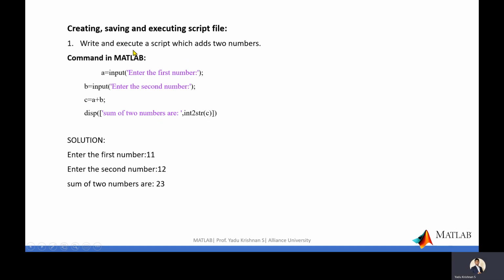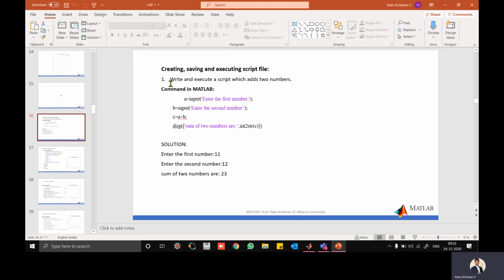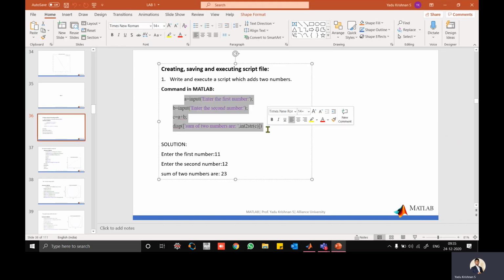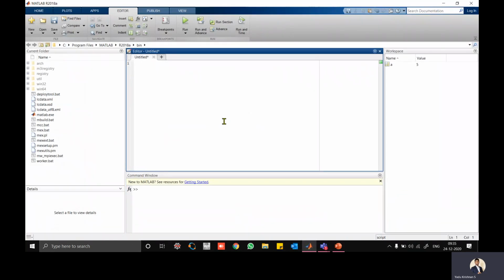Okay, so in this particular problem, like the first problem, you can say, add 2 numbers. Let's take this, I'm just going to write this program inside MATLAB, and I'll explain how it works. This is how we'll write it. So what we need, I need 2 numbers to add. So these keywords are very easy. I need some values to be added, and those 2 numbers are a and b. That has to be input, that has to be given by the user.